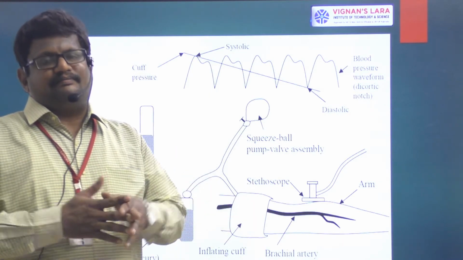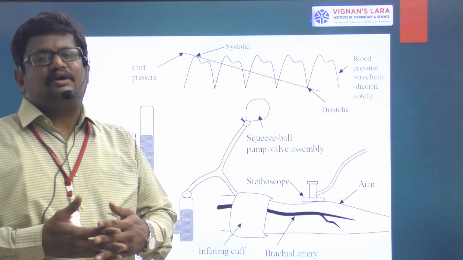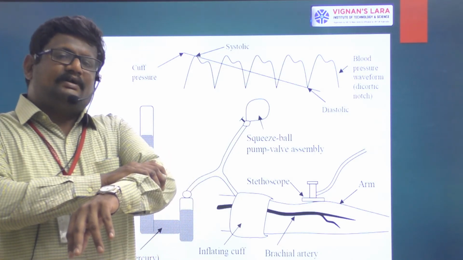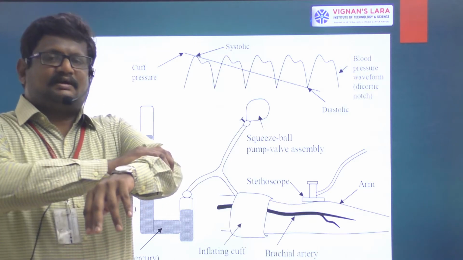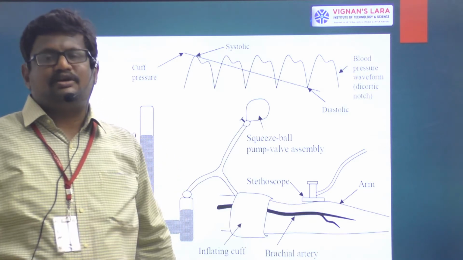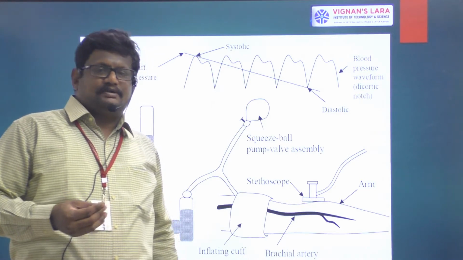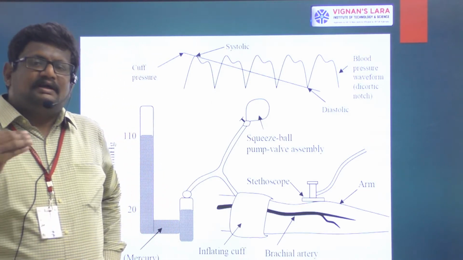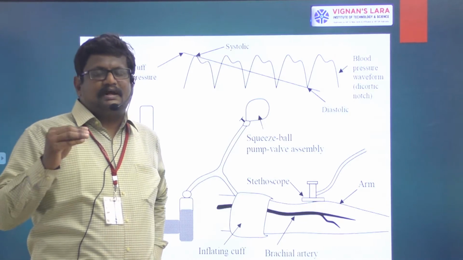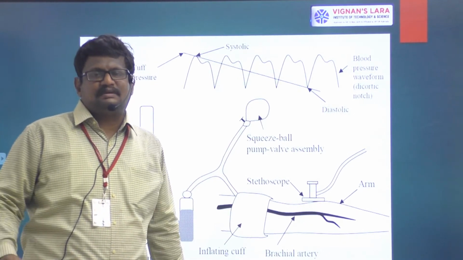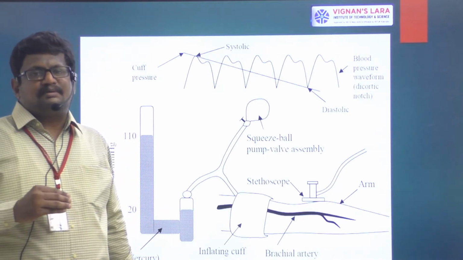So when the blood pressure measurement is taken, what is the actual process going on? The cuff is inflated totally, and afterwards the cuff is deflated, meaning the pressure is gradually reduced. At one point the blood starts to flow, that is said to be the systolic pressure. Even though the blood flows, it flows with some hindrance. So when the blood flows with some hindrance, the Korotkov sounds are heard.